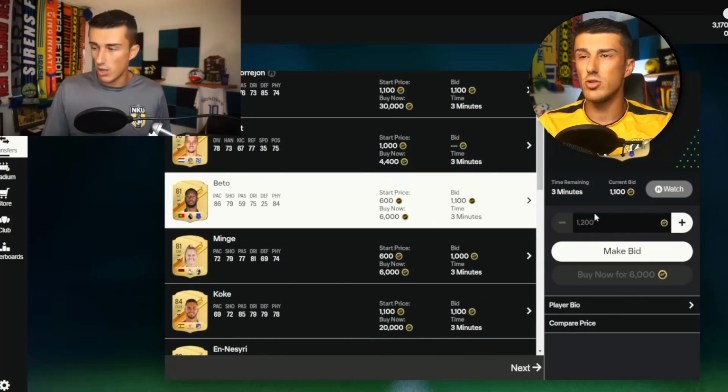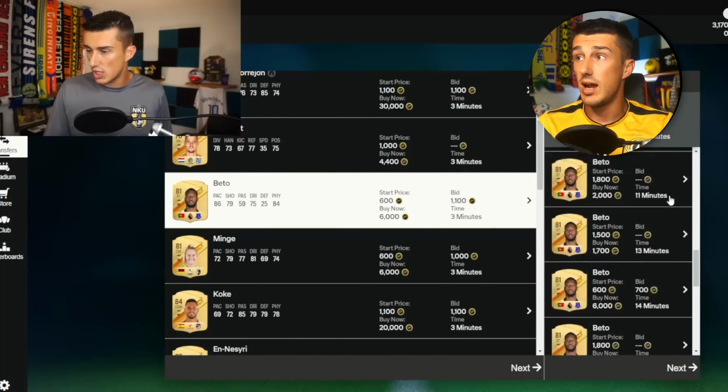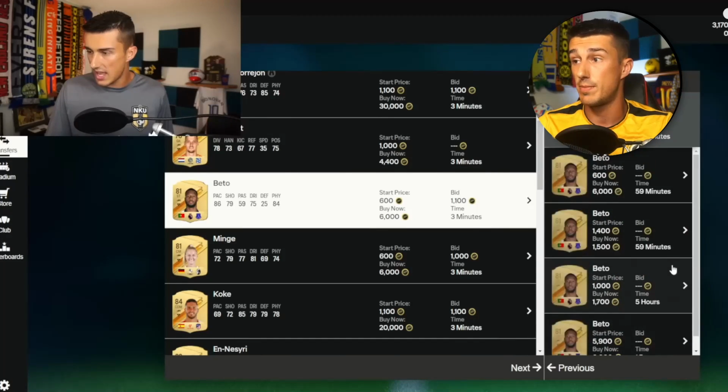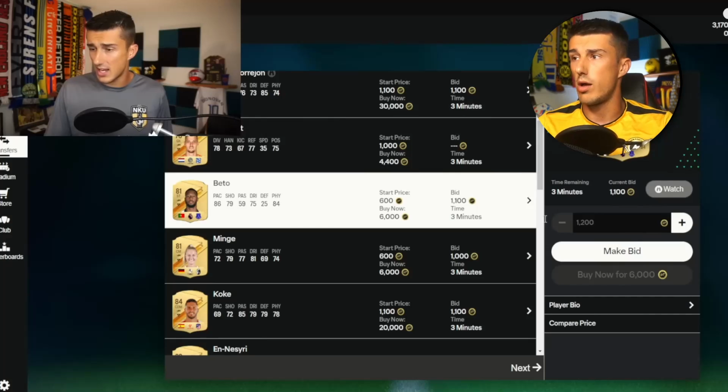So you're going to have to do some searching, but this is where you find the cards that are in demand, and this is going to give us a chance to make some coins. And I think that Beto card, from what I can see right there, you can probably sell it for 1,400. That's the cheapest one, but it was also listed 4 minutes ago, so I think it'll sell. You could probably bid on that card for 1,200, and I think you could make 200 or 300 coins,